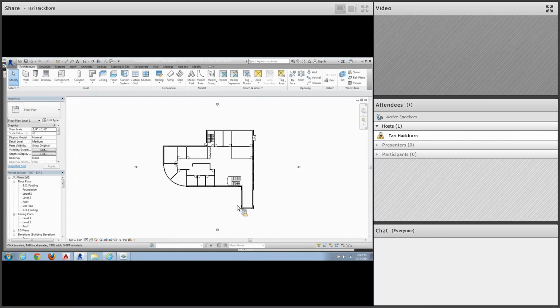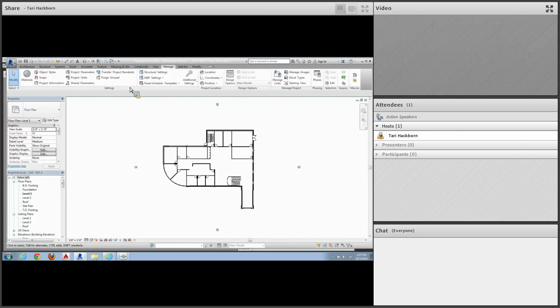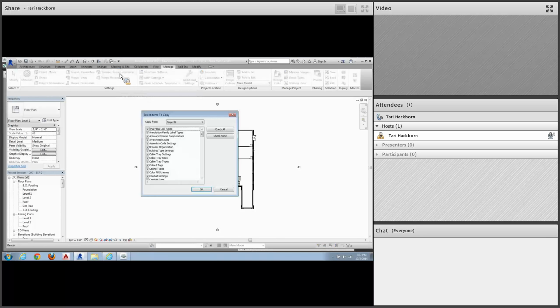All right. Now that you have both files open, you will use the Transfer Project Standards tool. With the law office being the current file, go to Manage. Go to Settings and select Transfer Project Standards. Okay. When you get in here, select Check None so that you can just go through and check the ones that you want. Looks like Analytical Link Types, Annotation Family Label Types,